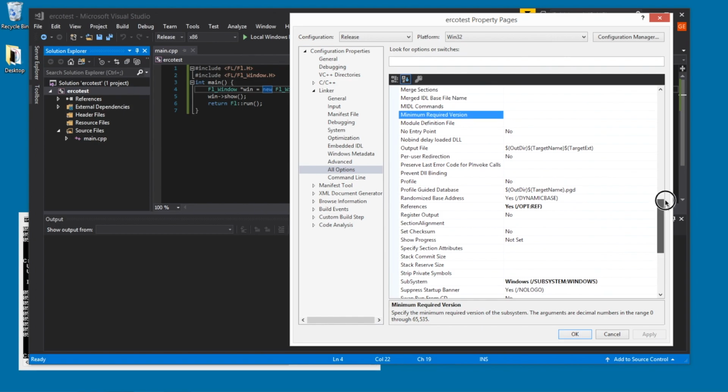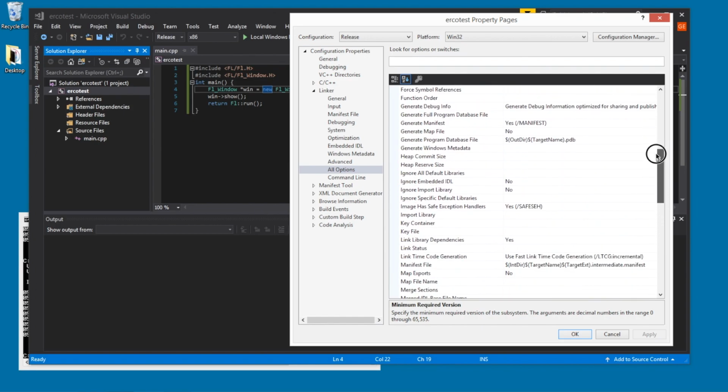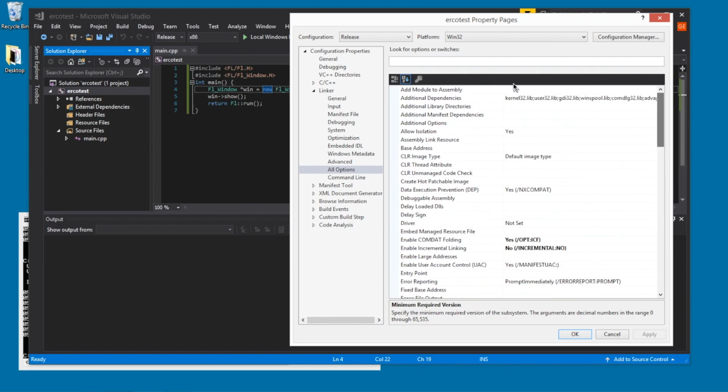So I need to go in here and find where I specify the extra libraries. Well, add module to assembly. I don't think that's it. Additional dependencies, library directories. I guess putting that here would be the right thing to do. And then somewhere I have to specify fltk.lib. I'm not sure if I should put that here or